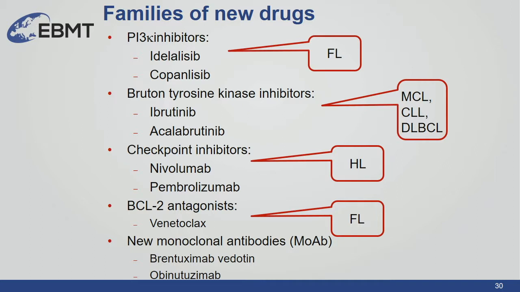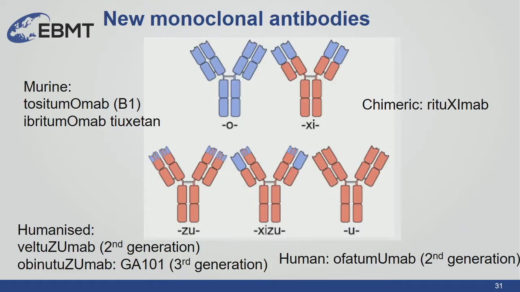Venetoclax in follicular lymphoma, although also in CLL. Okay. And talking about new monoclonal antibodies, and again, even if I say new, some of these are not so new anymore. Obviously, you know about rituximab, which is part of the routine now, and you can see that depending on how they have been manufactured, whether they are chimeric, whether they are of murine origin, humanized or